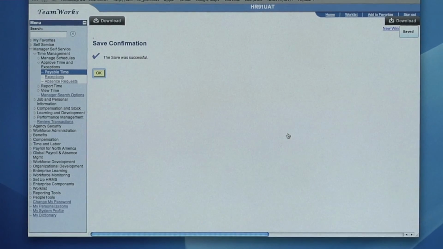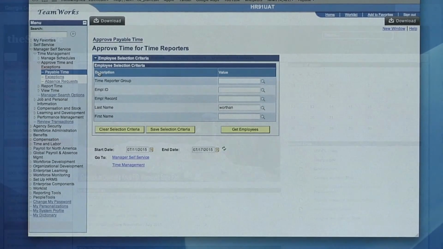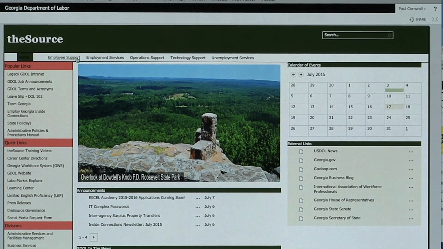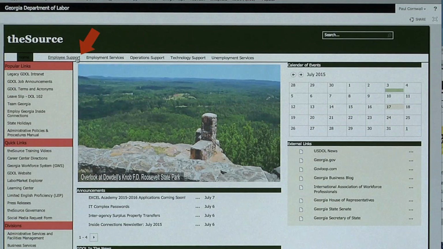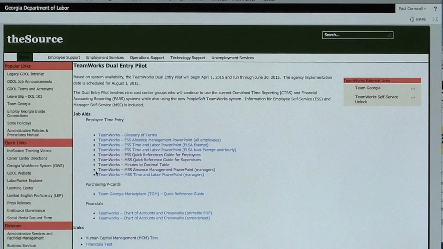To complete this process, we will have instructions on the source. And again, the source is the official intranet site for the Department of Labor. So find the source, employee support, TeamWorks, and while it's not there at this moment, somewhere here will be the instructions on how to approve payable